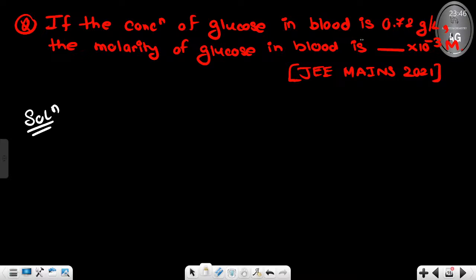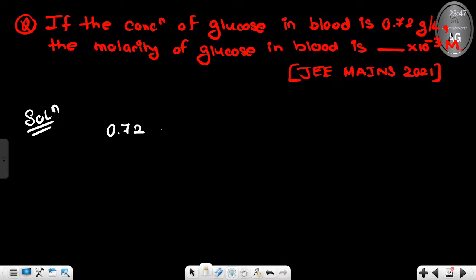Concentration of glucose in blood is 0.72 gram per liter. Molarity of glucose in blood is being asked. Let us first assume. Nothing is given in the question, only the concentration of glucose is given. I don't know what the solution is, so I have to make up my own solution. That means I will be assuming that